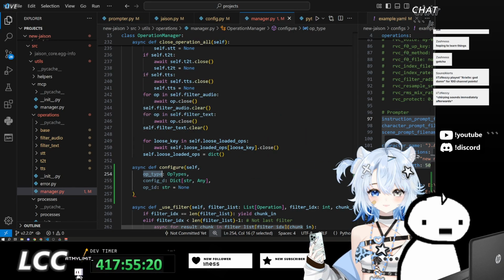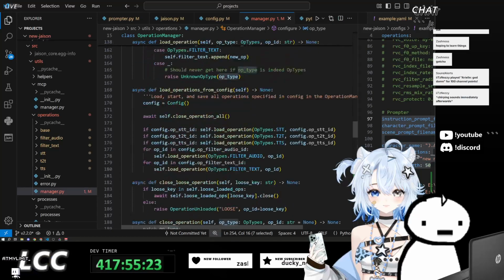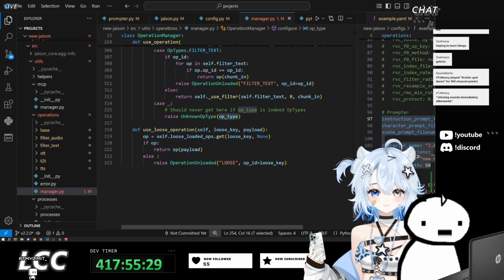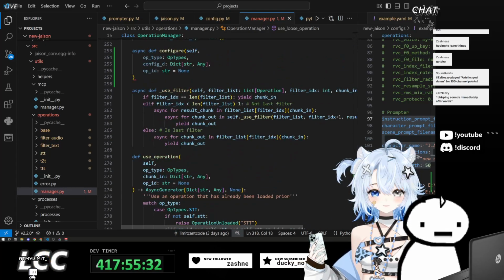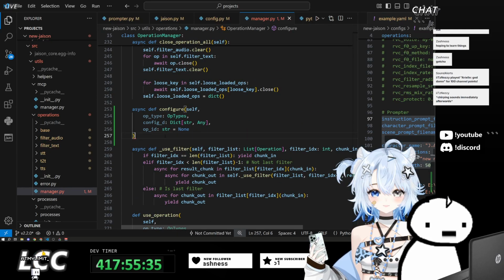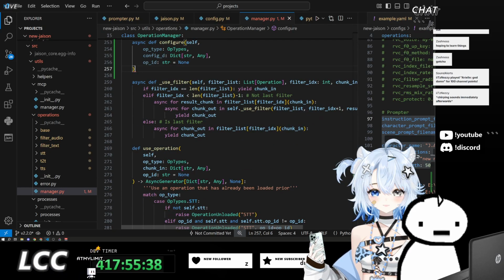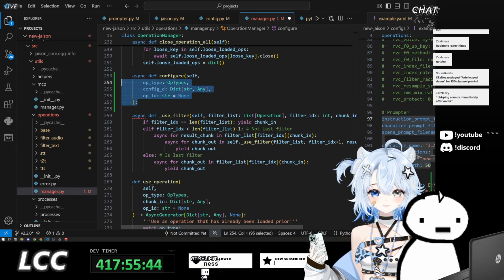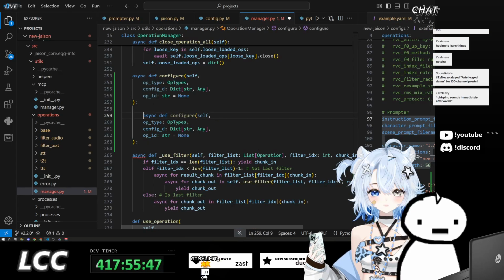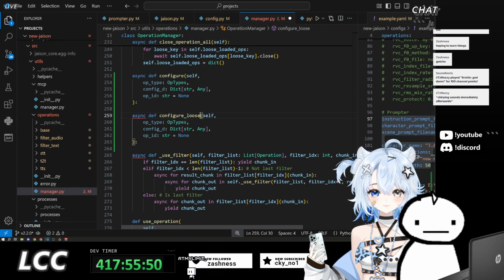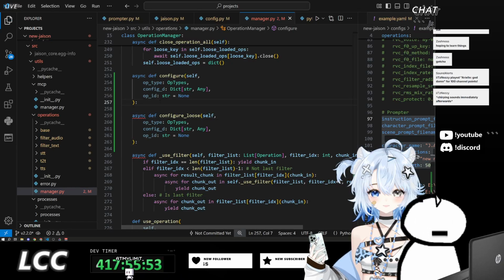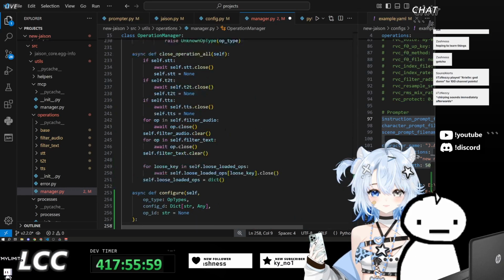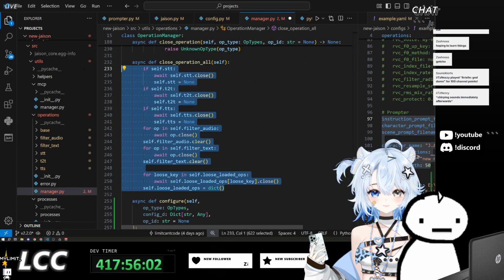How is this gonna work though? Because we have the normal loaded ones, but we also have the loose operations. How do we even make use of the loose operations? Use loose operation. Okay, that makes more sense. So we can configure either the base operations, or we can configure the loose operations. Configure loose. And this will just be getting the specific operation type.